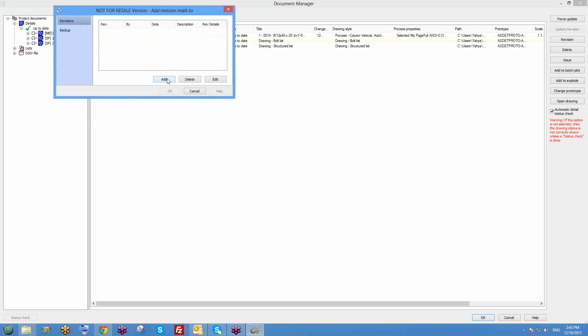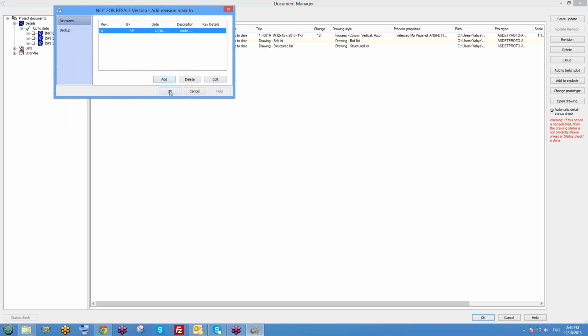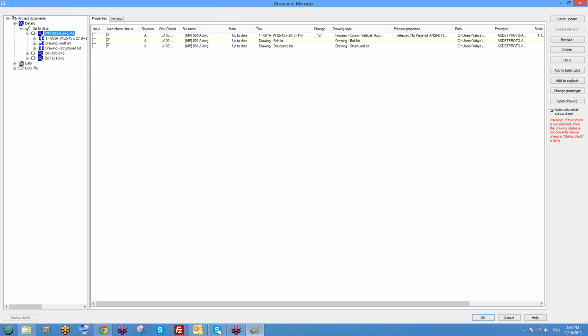I click on add my revision A by my initial, by the date and description. Column has changed, or whatever it is. Click on OK. So what it does is I've got 1A,